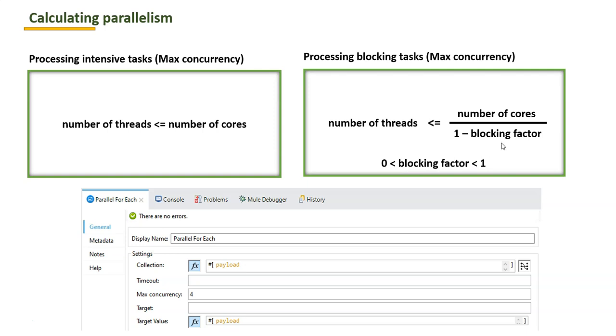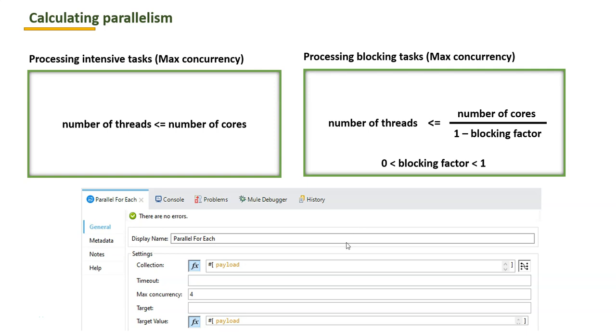How can we know the blocking factor? Assume inside parallel for each I am making some IO operations using a database or file connector or any other connector which does IO operations. Assume that is taking 30 seconds of time. Then the blocking factor will be 0.5, such that 1 minus 0.5 is 0.5, then 4 divided by 0.5 will give us the max concurrency number.